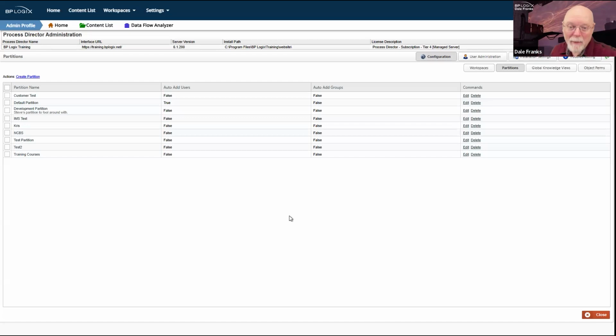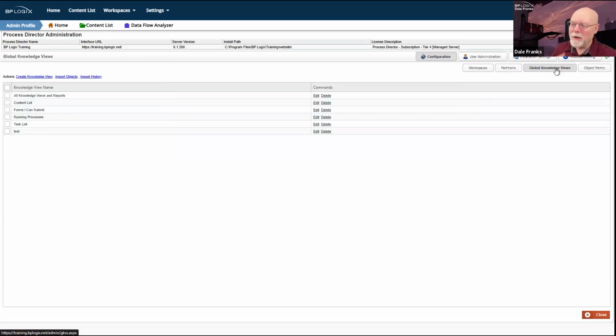Is there a limit to how many partitions you can have? No, you can have as many as you want. This is an excessive number of partitions, I will admit. But I do a lot of weird, freaky testing stuff here, so sometimes I throw on extra partitions just to bifurcate it off from the rest of the system. Whatever you want to do, feel free to do. The recommendation is that unless you have a really compelling reason, on a production system, you don't really need multiple partitions. But again, I'm not your supervisor, so do what you want.